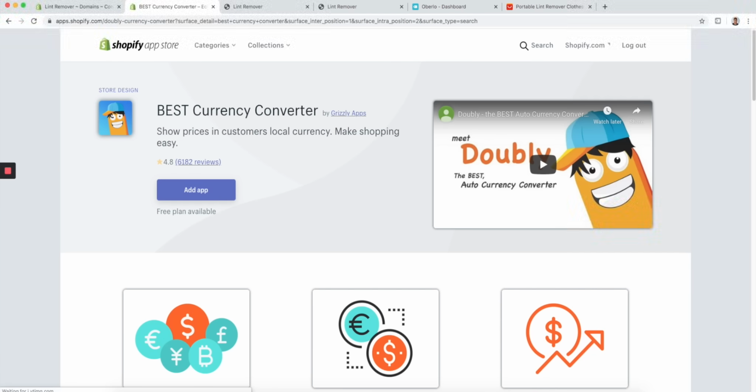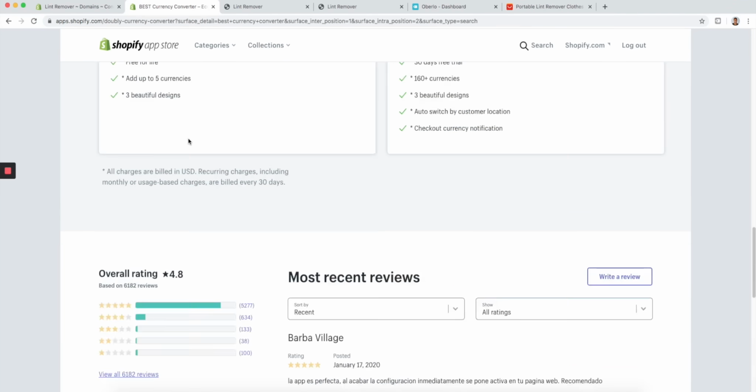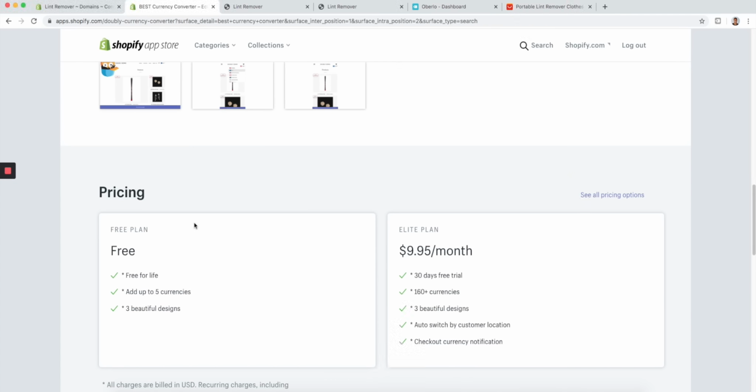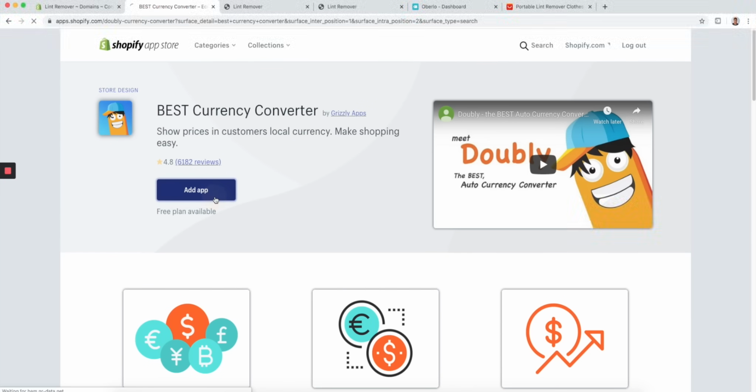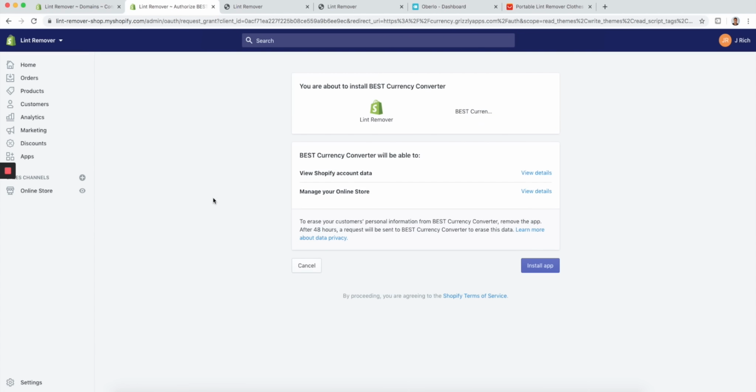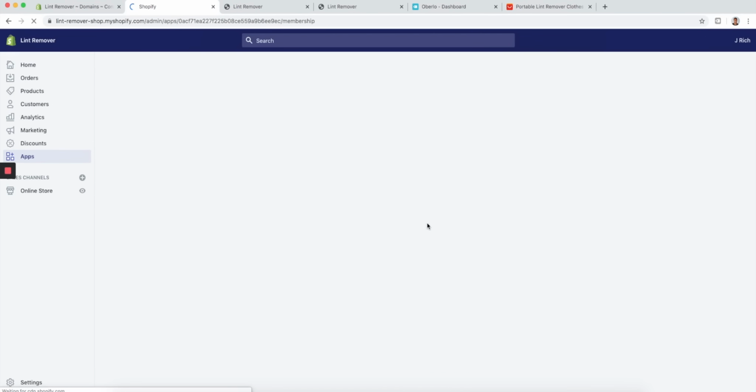And it's a really cool app too because it's free up to 5 currencies. And honestly, you only need 5 currencies, so you don't need the paid plans, which go up to 160 plus currencies. I didn't even know there were that many currencies, to be honest. So I highly recommend you download this app for free and just use the 5 currencies. And it's like the 5 most popular currencies, like euros and GBP and Canadian dollars and Australian dollars and all that good stuff. So once we install this app, it'll ask us what plan we want to pick. Make sure to pick this free plan